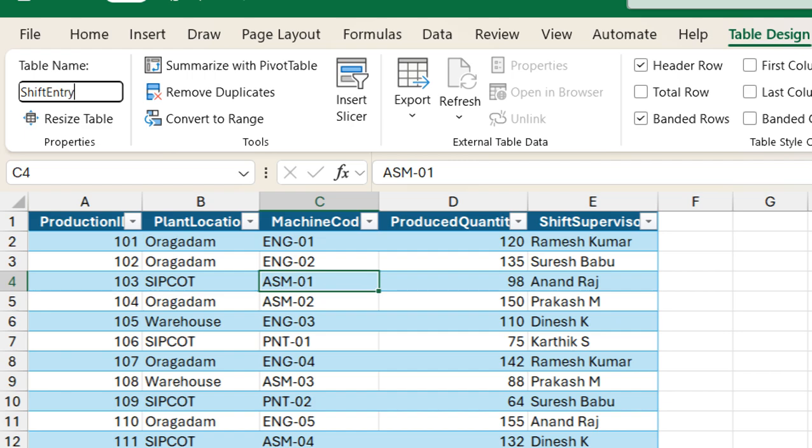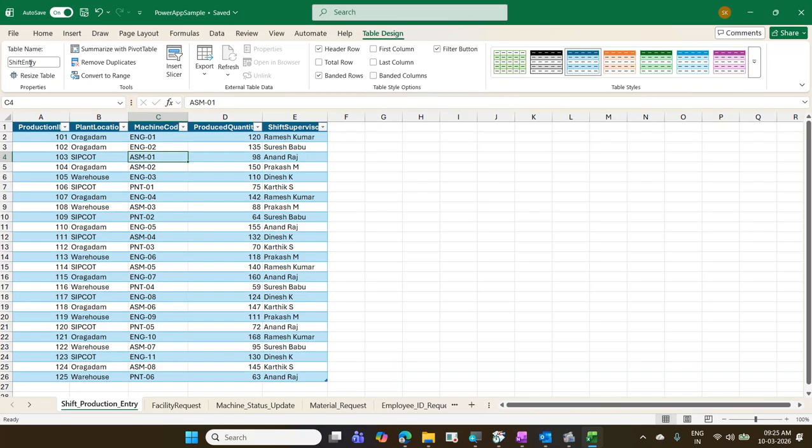Every shift, what is the entry? So I'm giving it a shift entry or production entry, just a meaningful name. Enter. Accept it. So we have accepted it. Okay, so we have converted a table into an official Excel dynamic table, and we have given a meaningful name